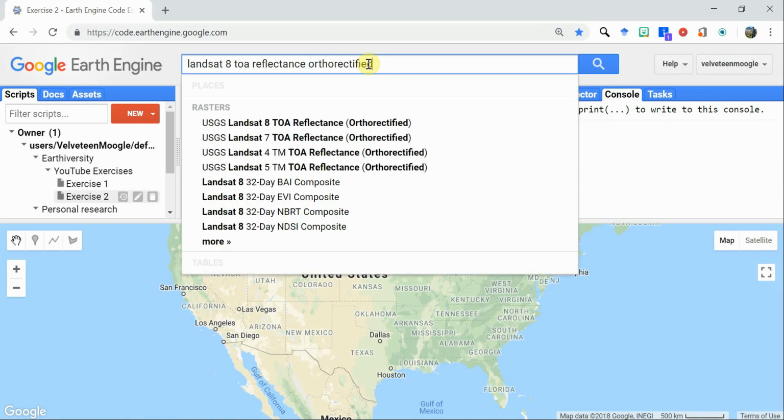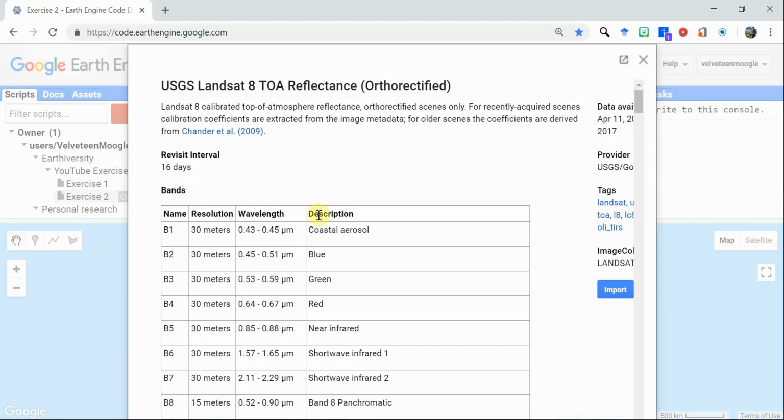So the problem here is actually that there's a preponderance of data available to download that are actually in raw files. Okay, what we want to do is actually not download the raw file for the Landsat 8 top of atmosphere reflectance. We want to download the ortho-rectified files. Okay, so go ahead and in the rasters, you can see that it comes up under rasters. These are all rasters. Click it, and before we import it,